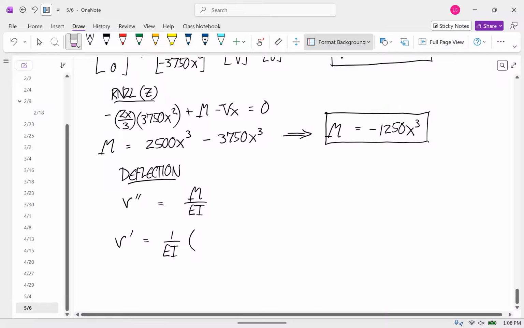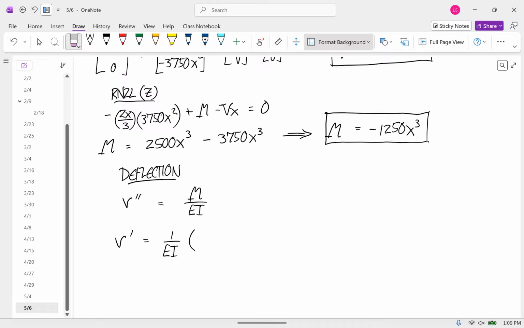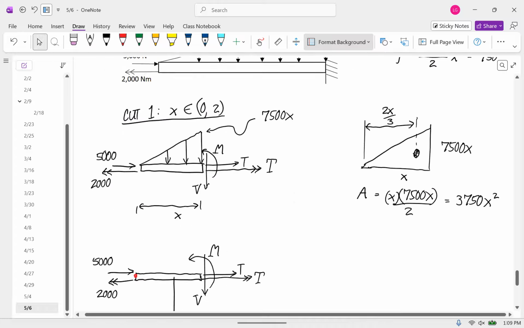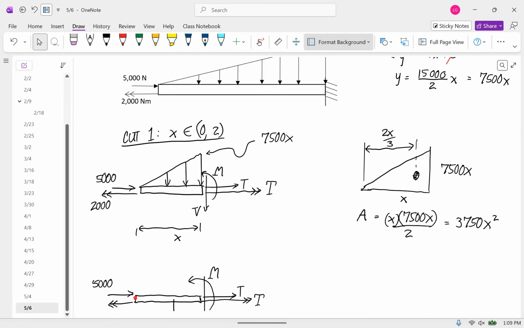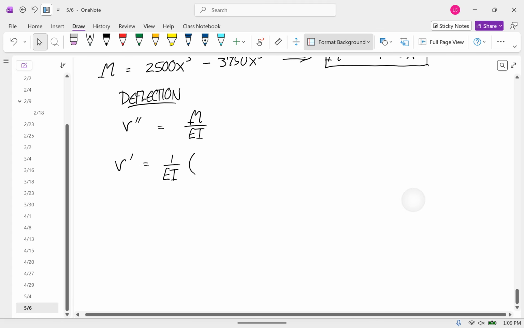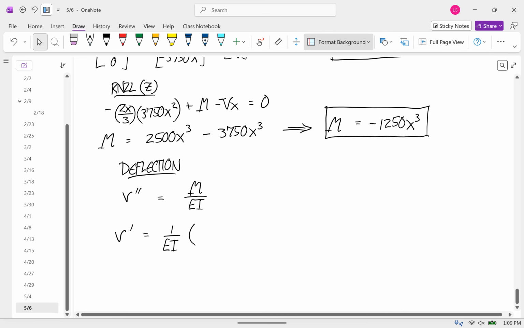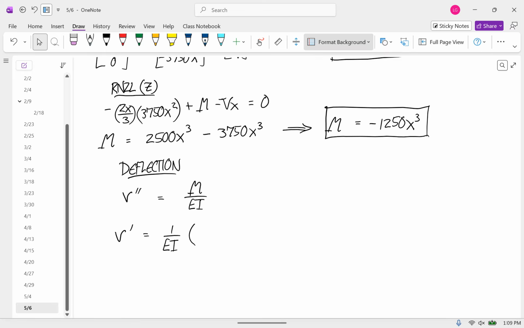What is X? 1250 divided by 4. What is X? Yeah. X is still what it was for the cuts. It gives you, give it an X value, a horizontal position, and it gives you the internal bending moment at that point. Oh, I just kept it as a function because we're going to do this differential equation. So this is equal to